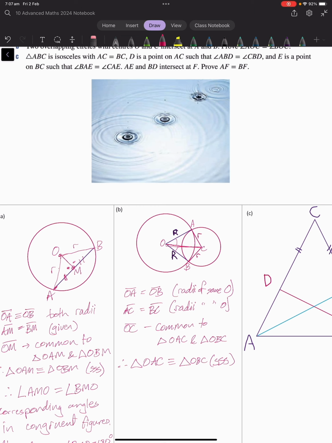All right, so if they're congruent figures, therefore, since angle AOC and angle BOC are corresponding angles in congruent triangles, we can conclude angle OAC equals angle